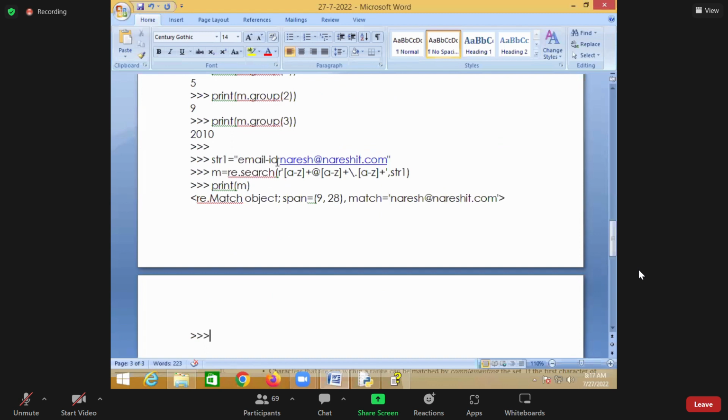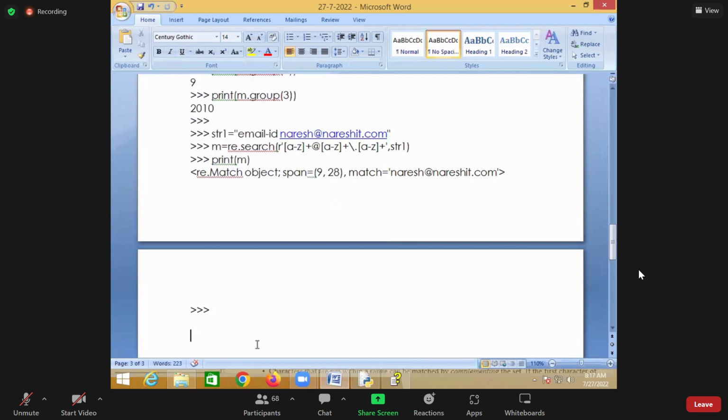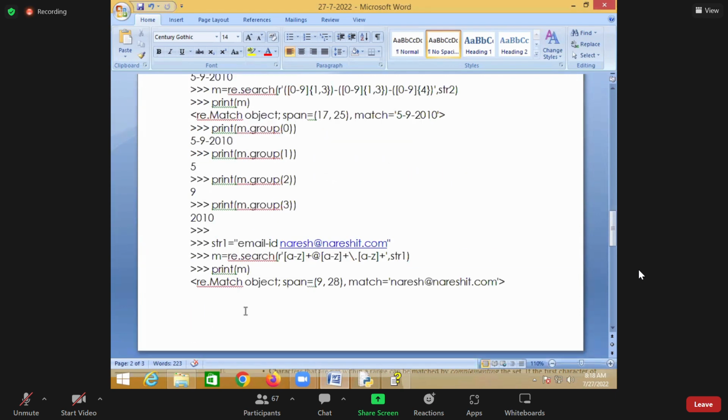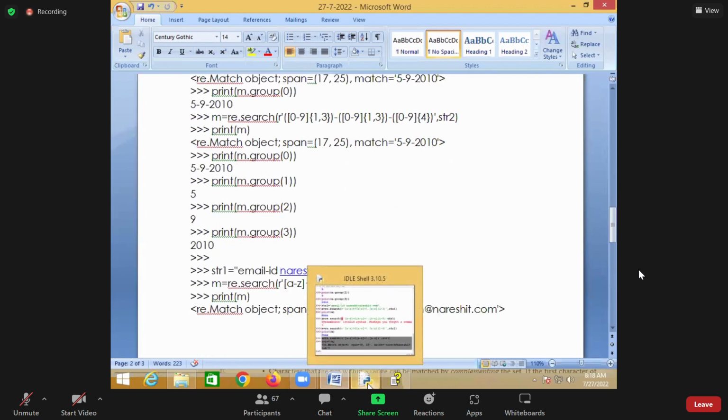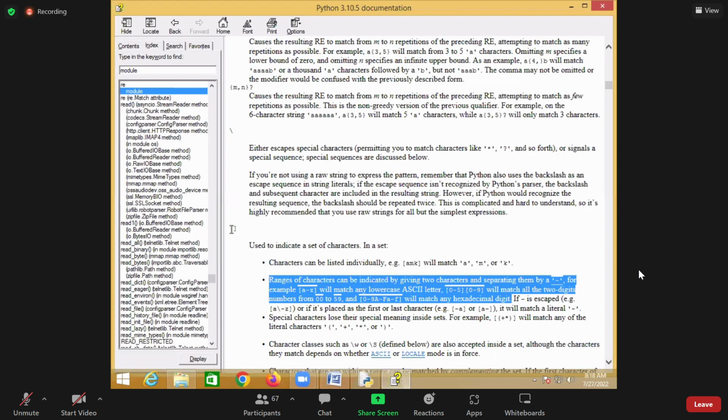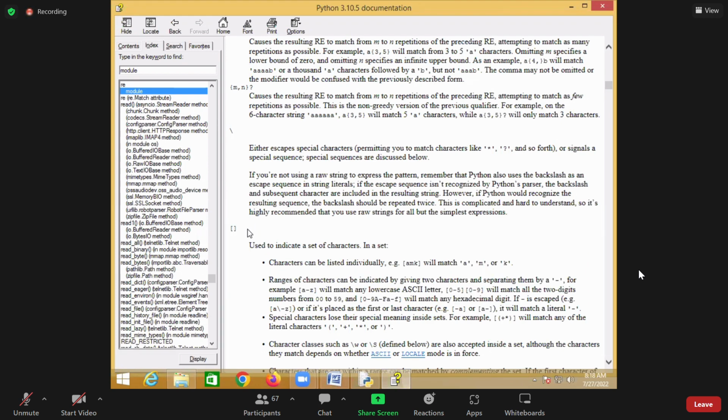So from this you can take only the name, then domain name and domain type. So you can take multiple things, right? You can take multiple things by using which one? Parenthesis. Parenthesis can be used, so that will read multiple things. Okay, now, right, so this is the match. And using this square bracket, the square bracket indicates